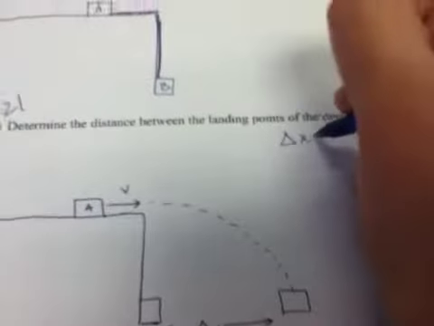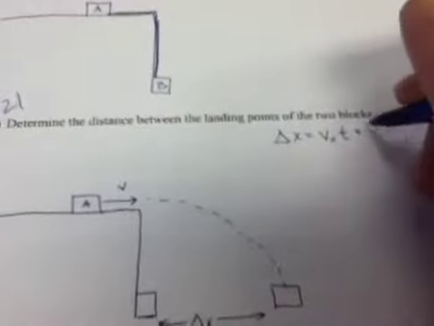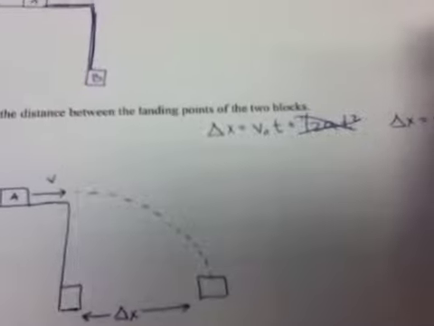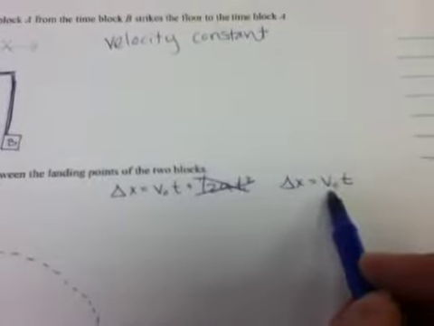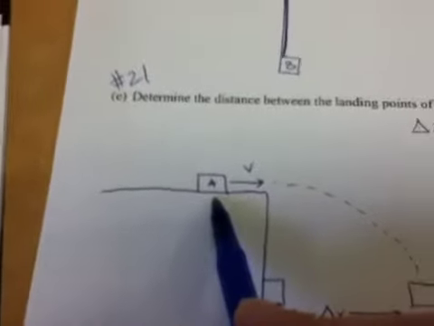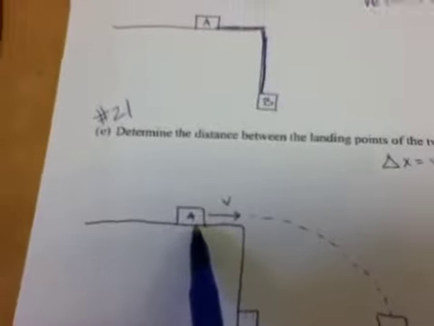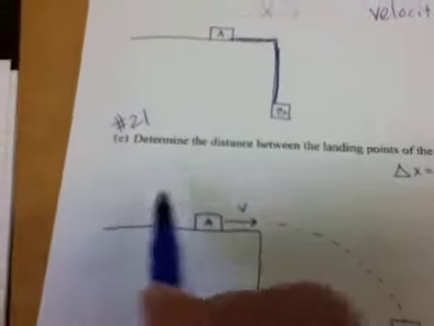And so we're going to say change in x equals v naught t plus 1/2 at squared. We know that we have no acceleration in the x direction, so your change in x just ends up equaling this v naught t. So what is this v naught, this constant velocity that this block goes? How did it get to this velocity? Well, before it was constant, it was accelerating. So remember that back here,